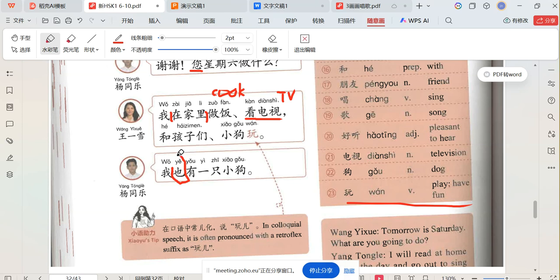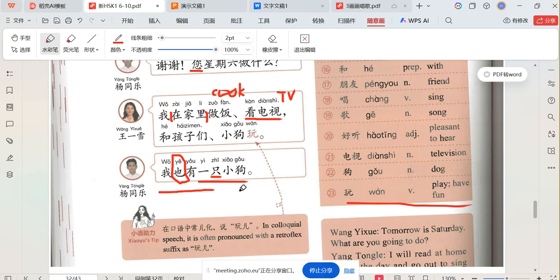I have a dog too. I also have a dog. So also, too, we say 也. And the measure word for small animals is 只. So let's say 一只小狗。The measure word for little cat. A little cat is also a small animal, so we also use 只. So a little cat, 一只小猫。